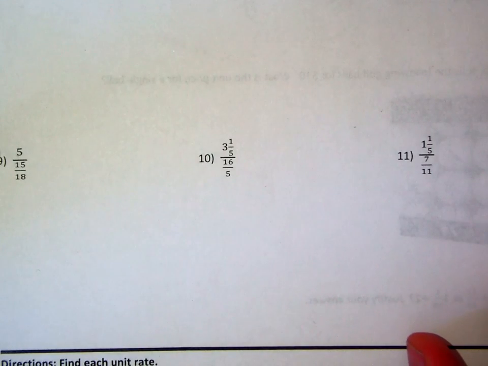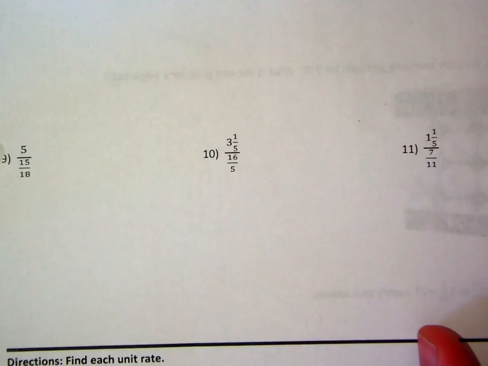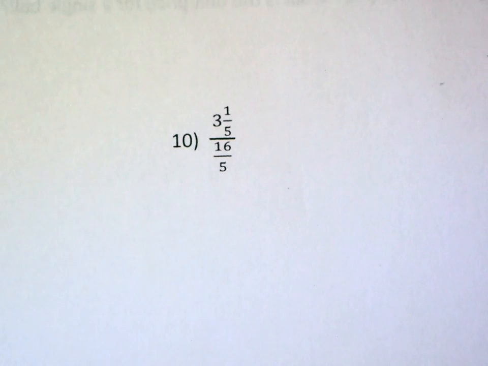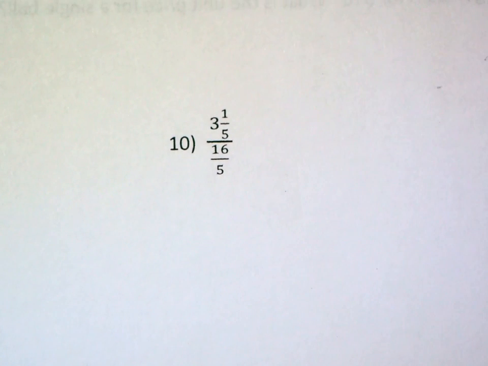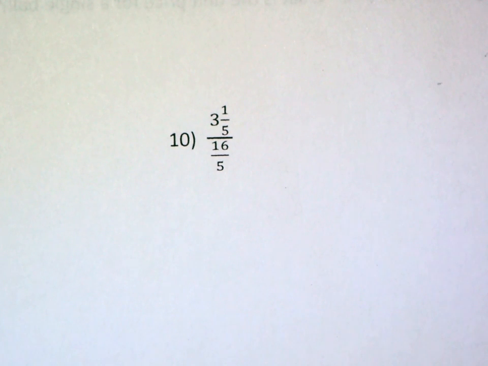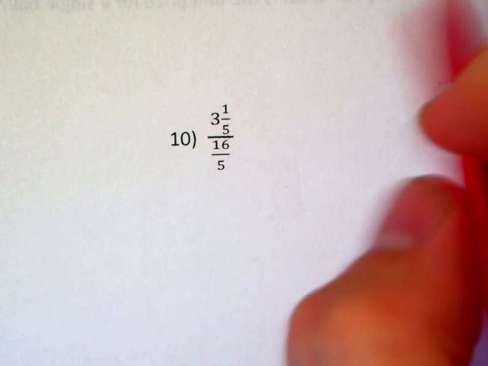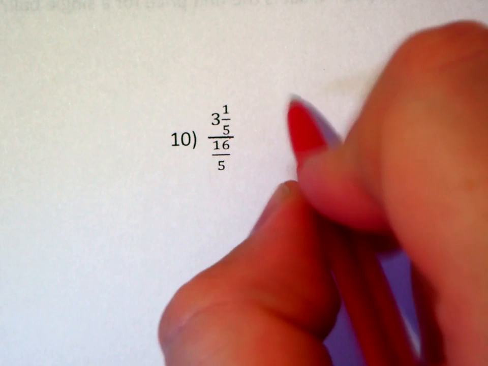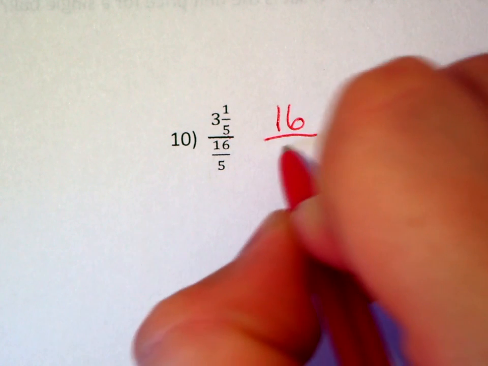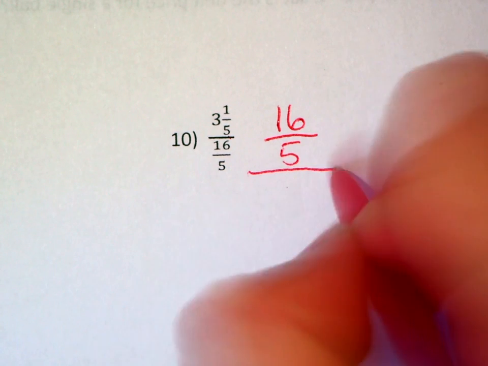I'm not going to solve 10 because the process is identical. However, I do want to remind you that before you even solve 10, you need to change that mixed number to an improper fraction. So 3 times 5 is 15, plus 1 is 16, over 5, divided by